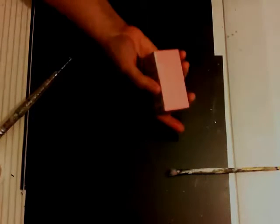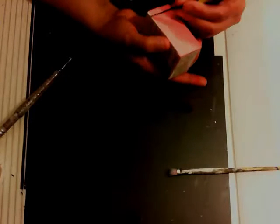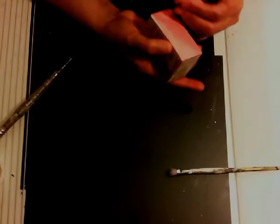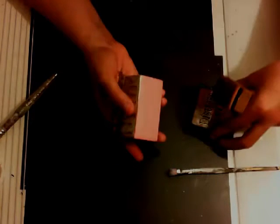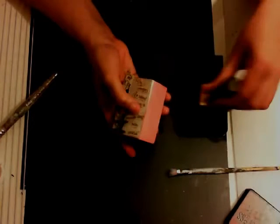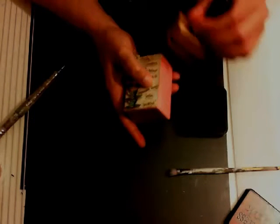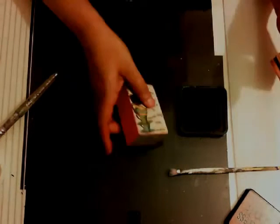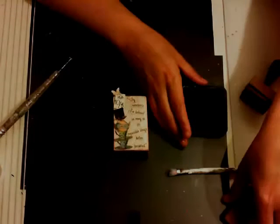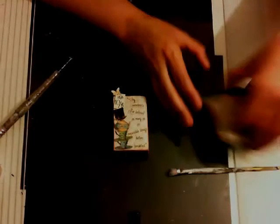Let me grab my scissors. See if I can scratch it off a little bit. There we go. And then I'm using the Vintage Photo Distress ink, and I'm just going to go around that, just to match it up because I did use that around the edges. Okay. So, now we have,